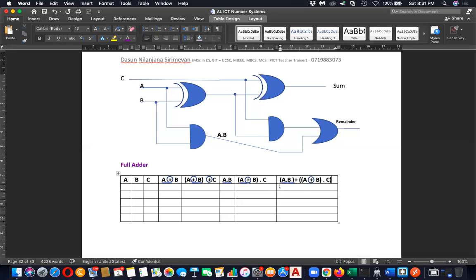This is remainder. Now you can complete. Please complete this. This is 0, 1, 0, 1, 0, 1, 0 and